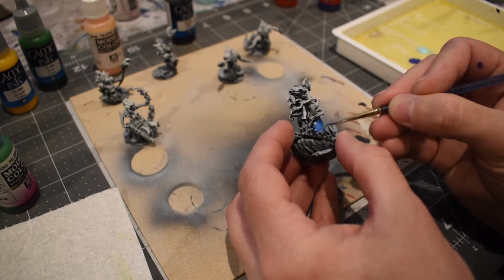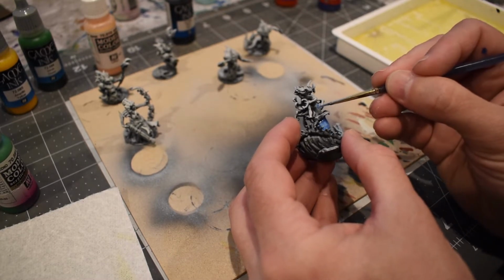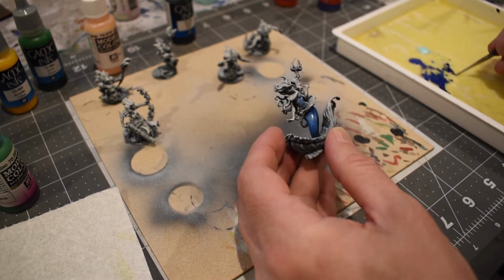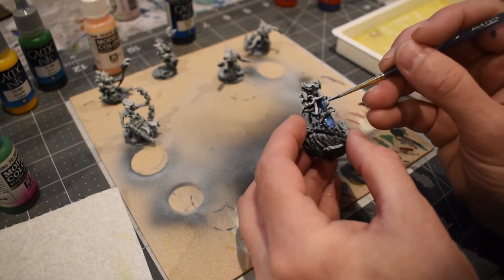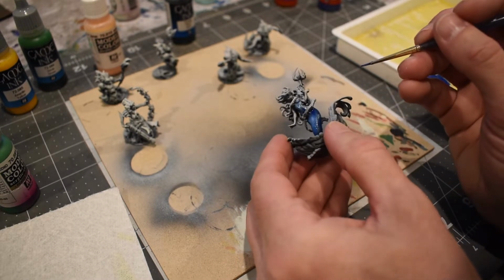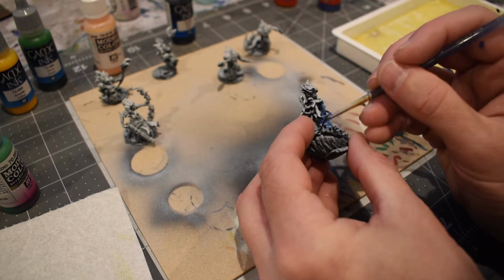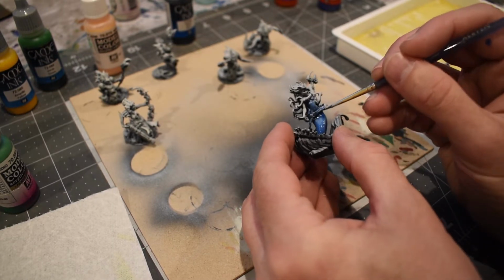But I'm using the zenithal, I'm using the airbrush prime as a roadmap of where my lights and darks belong, and then I'm going to go ahead and start blending those colors together, and then making those transitions where I have my lights and then my darks already in place. But I'm also just trying to put some general color, just some general tone on the models to work